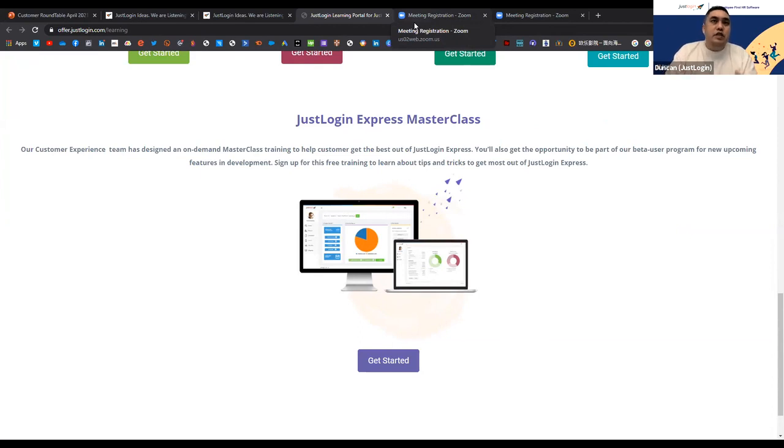So the masterclass session is really a chance for you to come and get more insight in terms of the latest feature functions that we're releasing, for example, in payroll or even in leave. The masterclass session is also to help the administrators get familiar with, for example, how do you run payroll in Express. So these are all the areas where if new things are being released, you can jump in on the masterclass session, or if let's say you're using leave in Express for the first time, you can jump in on the masterclass session to just get more insight on areas or some tips and tricks on what you can leverage on. So that's it. If you scroll right to the bottom,